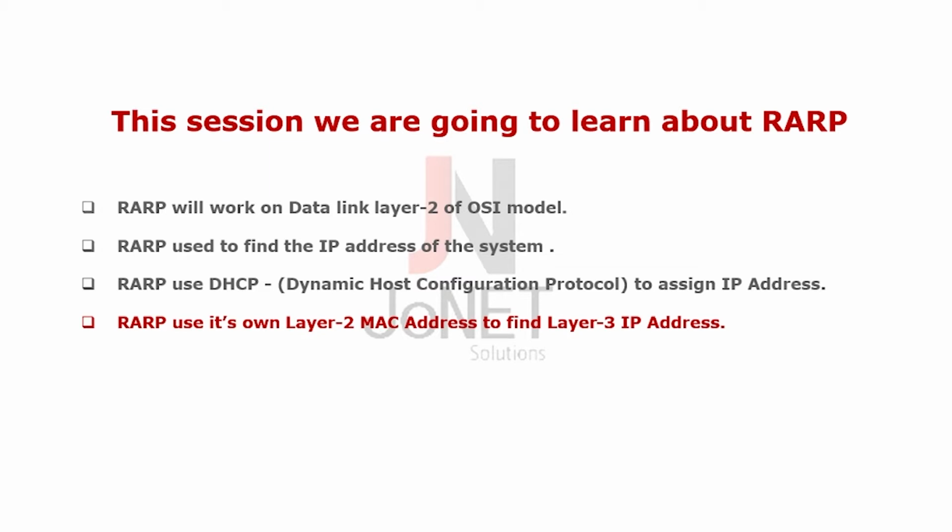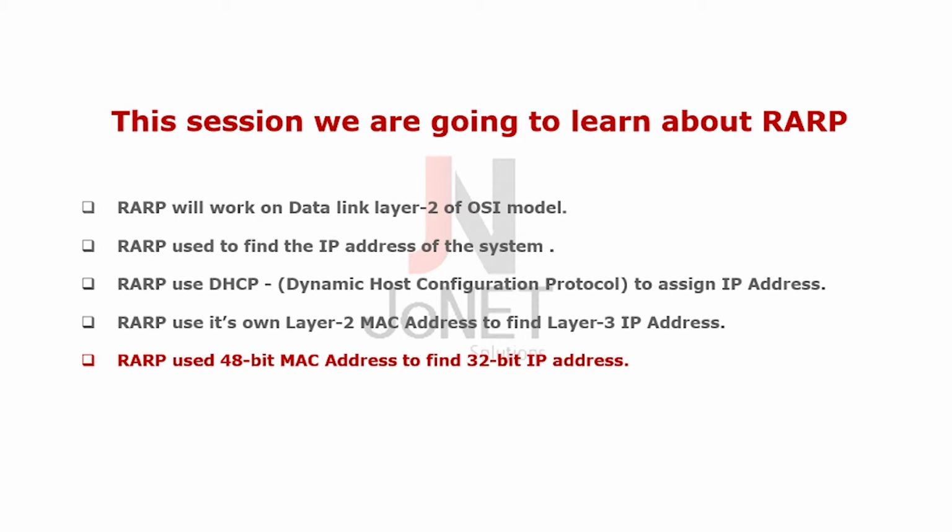Because we know that each and every interface has its Ethernet. In that Ethernet, a 48-bit hexadecimal permanent address will be stored. Layer 3 will be the IP address, that is a logical IP address which is assigned by the system or network engineer or even by the DHCP server. Now, DHCP uses the DORA process that we can see.